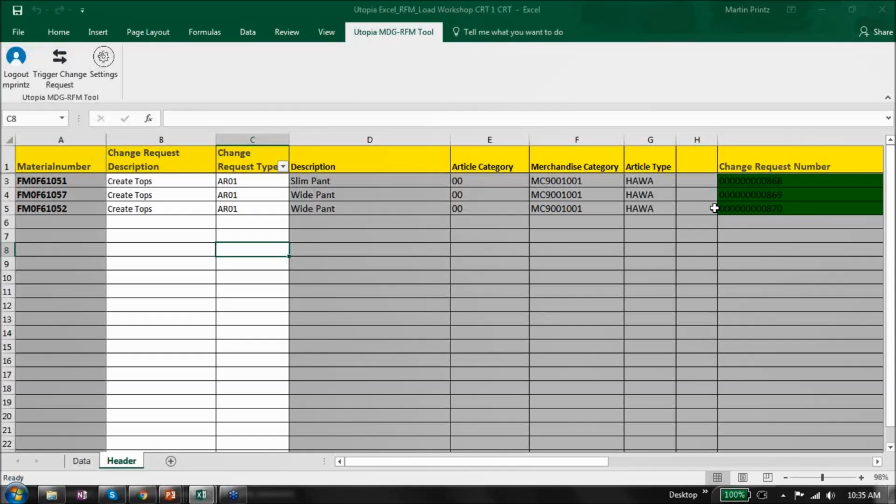Now, would I then correct my merchandise category and run this again, the same file with my corrected merchandise category in this field, for example? The system would say, when I run the second time, change request already exists, change request already exists, and then give me a change request number. So it's very easy. 500 articles you want to load, scroll up and down, take a look, say, oh, okay, there were 2 or 3 that were missing. You can take those 2 out, or you can simply load the entire file again. And in case of 500, I would have 498 that would fail on the second part, and the last 2 would be created. So it's a very easy to use tool.